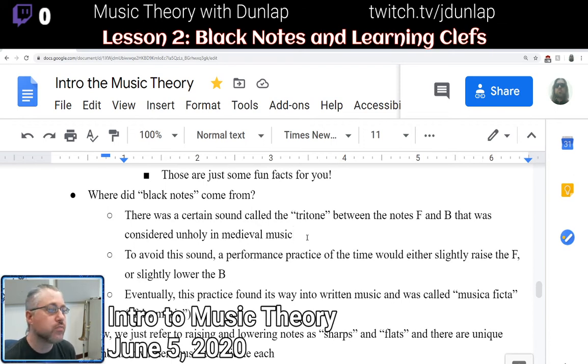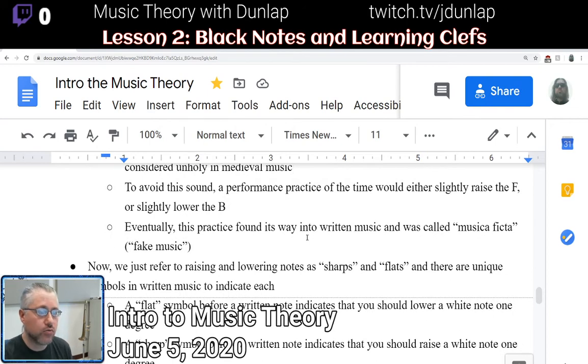Interval is a distance, and we'll talk more about that when we start talking about intervals, because we do deal with the tritone in music theory. But to avoid the sound that was known as the devil's interval, the unholy sound, there was a performance practice of the time that would either slightly raise the F or slightly lower the B. It would change the size of the interval to be either larger or smaller. But this was called musica ficta, fake music,